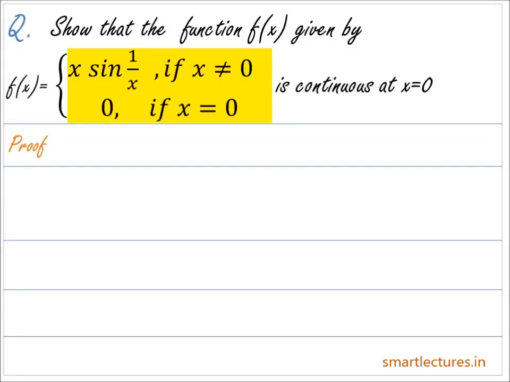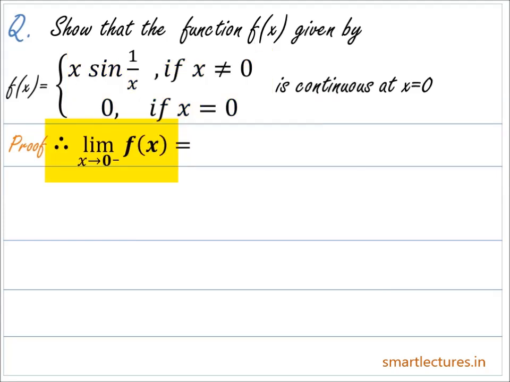Now from the definition of this function, you can see the behavior of this function, or the value of this function, will be different if we move to the other side of x at the point 0. So let's first find the left hand limit of the function at x equal to 0. Now the limit x approaches 0 from the left hand side, f of x is equal to,